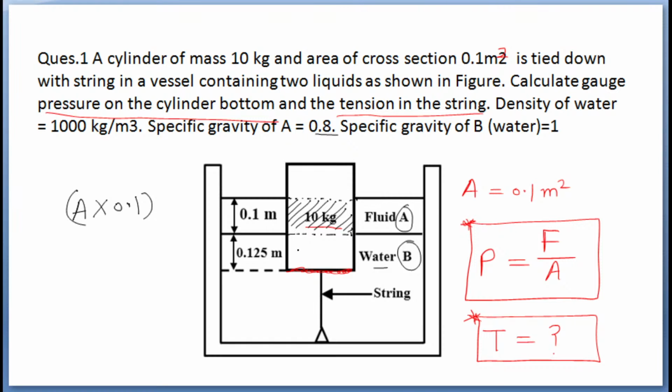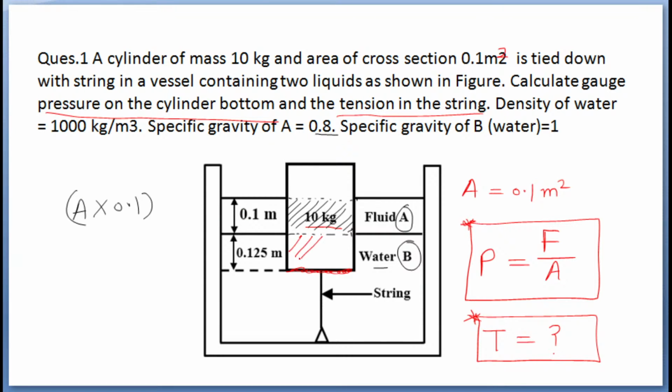Okay. Next, second volume is for fluid B. I am again and again saying this question is a little bit difficult because of the presence of two fluids. If the fluid is only one, then the question is very easy, and I am not here to solve the easy questions. Easy questions you can do on your own, but here I am telling the difficult part in which you are facing the problem. Okay,